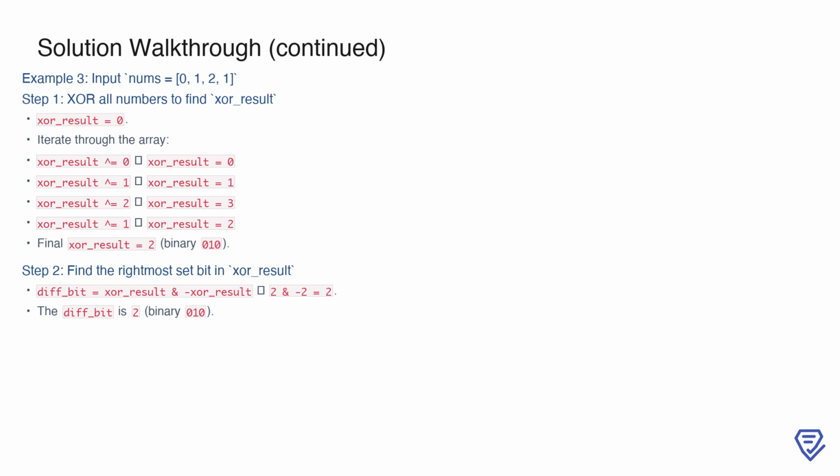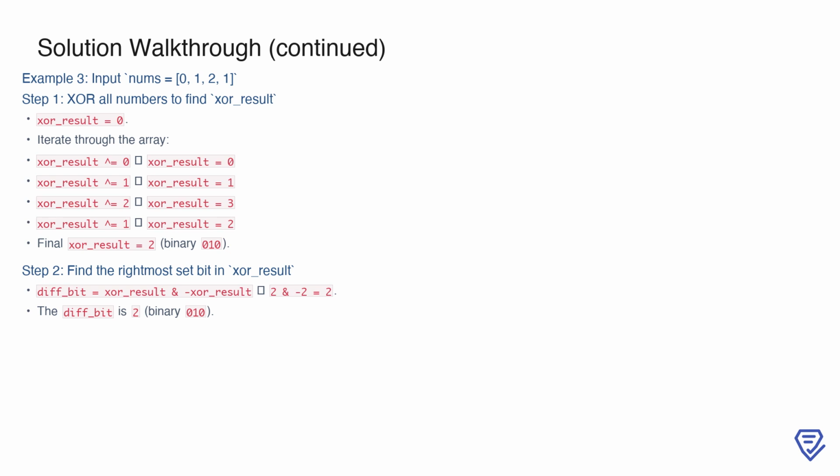The final XOR_result is 2, which is 0b10 in binary. This value represents the XOR of the two unique numbers. To locate where these numbers differ, we compute the rightmost set bit of XOR_result as diff_bit equals XOR_result & -XOR_result. For XOR_result equals 2, the diff_bit is also 2, which is 0b10 in binary. This tells us that the two unique numbers differ at the second bit, enabling us to separate them into groups